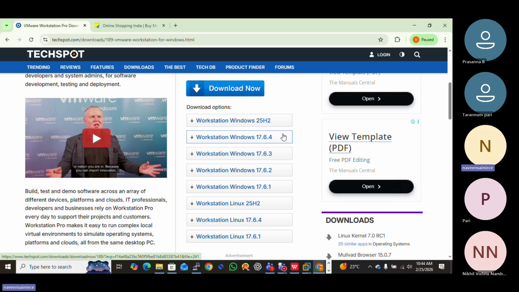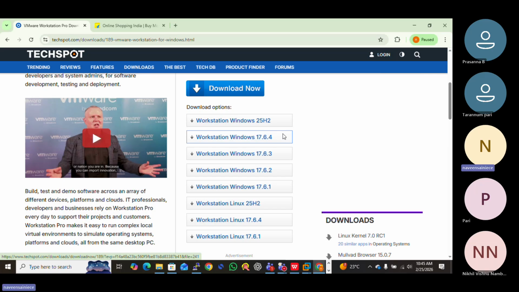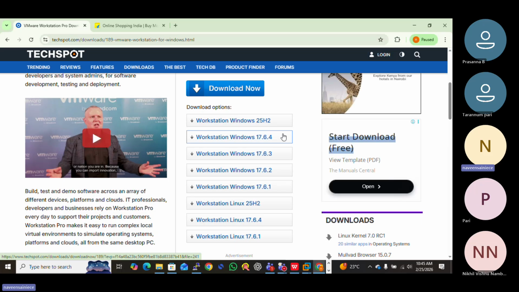Front end means whatever you are seeing on the web browser, that is called front end. So here a login bar is there, and a logo is there. Here we are seeing ads, and a download button is there, so what the user can see is completely front end.